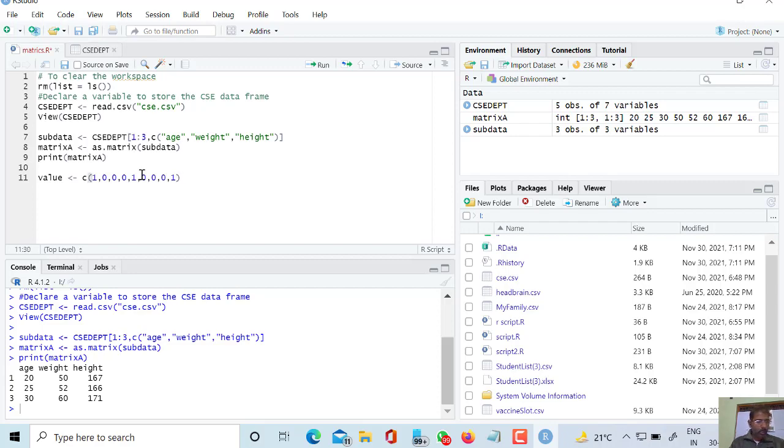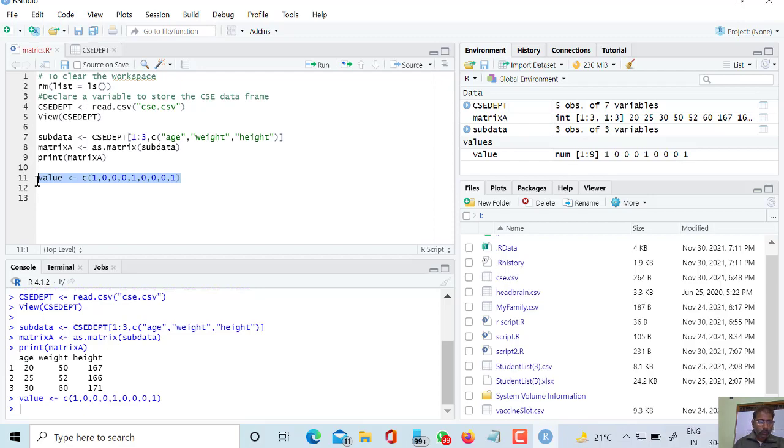This is the value of the identity matrix. Now I'm creating it, and now let us check this value here.